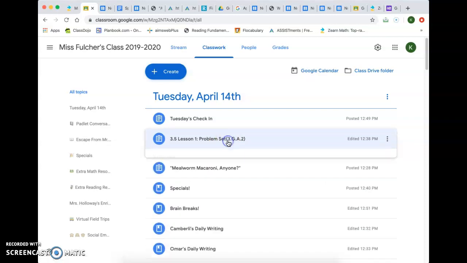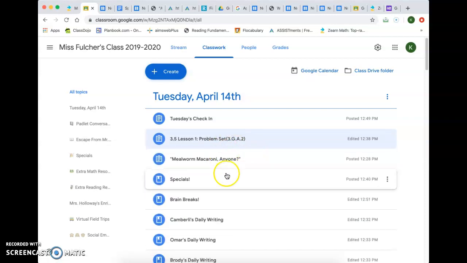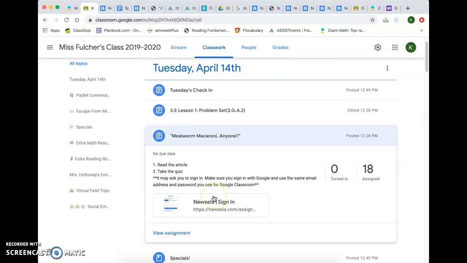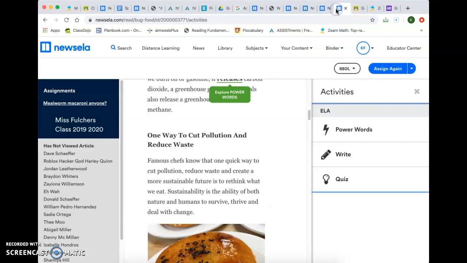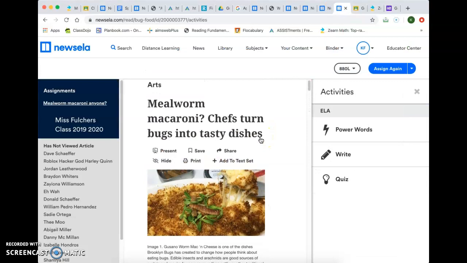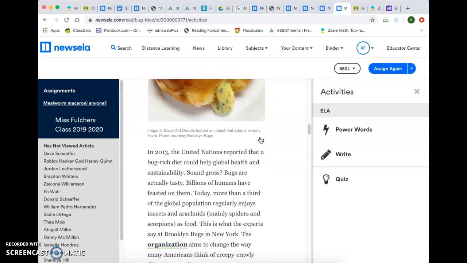Once you complete that, you may go on to your reading assignment, which is Mealworm Macaroni. This is a little different. It's going to take you to News ELA. It may ask you to sign in. If it does, make sure you click sign in with Google, and you're going to type in your same email address and password that you used to get into Google Classroom. You're going to read the article, which looks like this. Read the article,